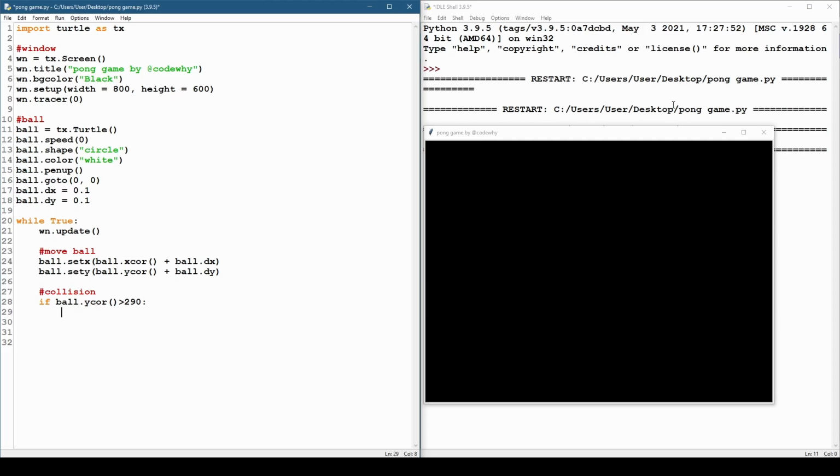So what do I mean by that? So ball dot dy is going to multiply itself by -1. So if it was going up at a 0.1 speed, if you multiply -1 by 0.1, you get -0.1. So an increasing y-axis will now become a decreasing y-axis. All this while the x-axis direction remains constant. So in terms of x-axis, you're moving at the same speed, but the up-down direction gets flipped by the multiply